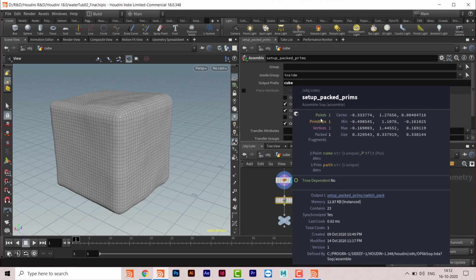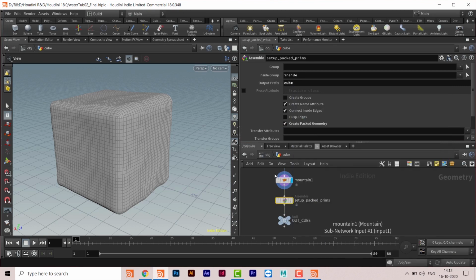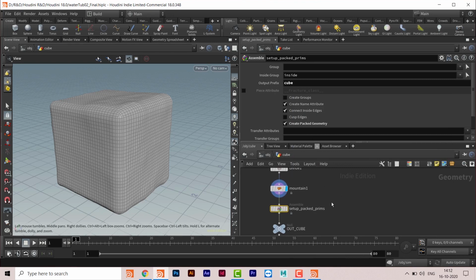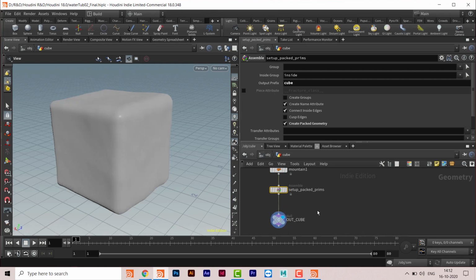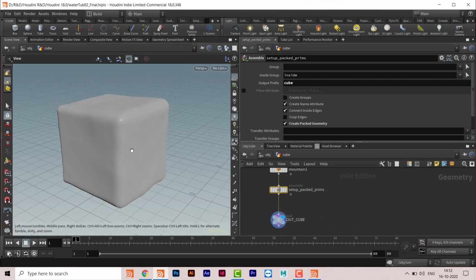Okay, so now, because we have a packed geometry, if I press middle mouse button, I'm going to get only 1 point out of all the polygons. So really it does not matter for now how many polygons you are taking here. Once you convert that into a packed geometry, that will become a single point. And then that is outcube, that is null, and then this is the whole geometry, and that's it.